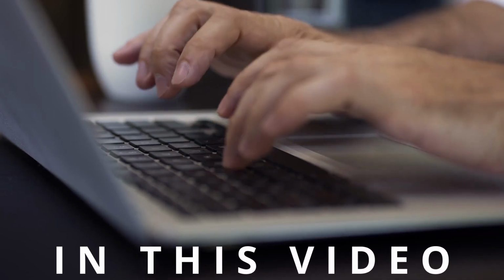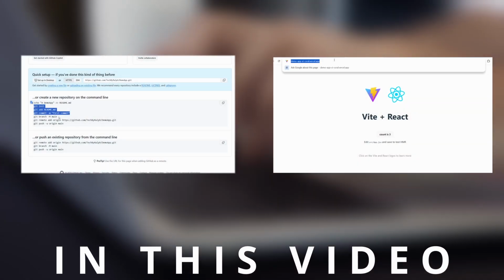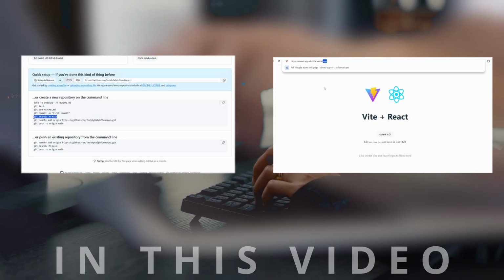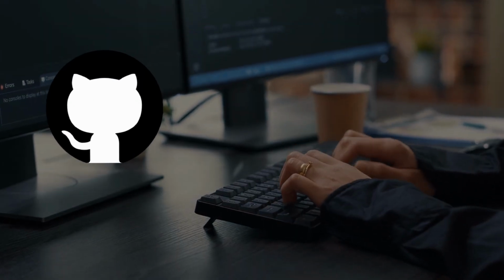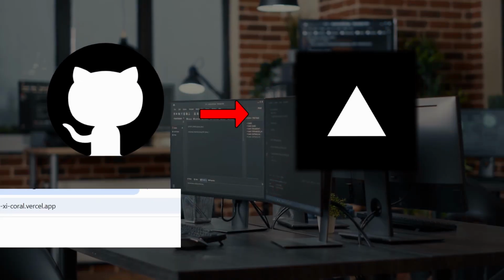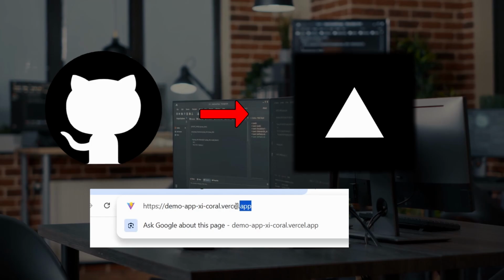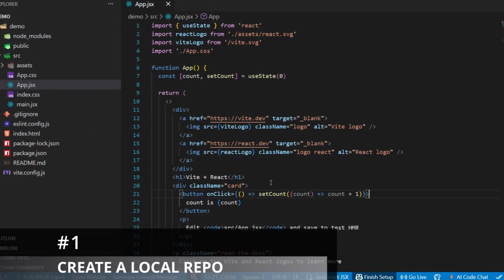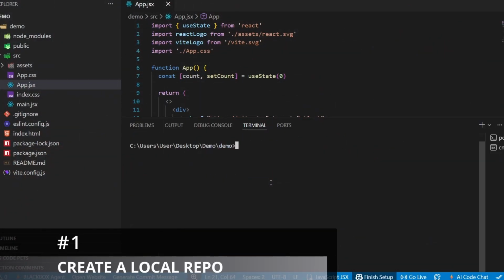In this video, you're going to learn how to deploy your web application for free using Vercel. You're going to see how you can link your GitHub repository to Vercel and get your own website URL. So let's get started. In your project, you want to go ahead and open the command prompt and initialize an